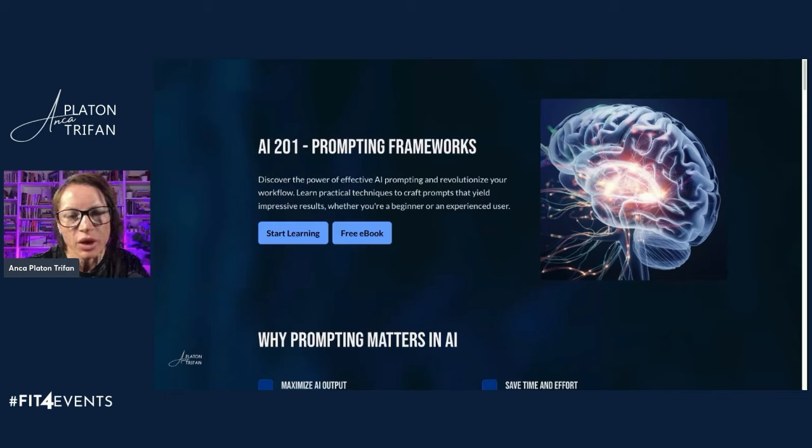And in this session, we're going to focus on, as the session title says, prompting frameworks. Those frameworks are important because they help you get the best possible output from whatever AI tools you're planning to use. So whether you're a beginner or a more experienced AI user, understanding how to frame your request makes a huge difference in how effective AI is for you.